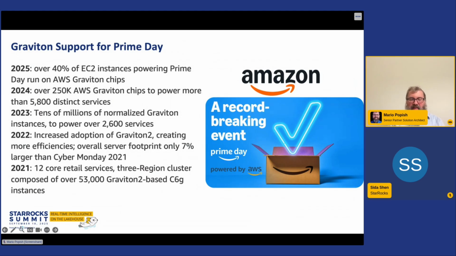We use this kind of internal measure called a normalized instance. We use this unit to allow us to make meaningful comparisons between different instance types and sizes in EC2. And in Prime Day 2021, we increased our normalized instances year over year by 12.5%. Interestingly, though, for this talk, due to that increased efficiency, we actually used about 6,000 fewer physical servers than we did comparing that to Cyber Monday of 2020. So year over year, less physical servers, even though we're continuing to grow